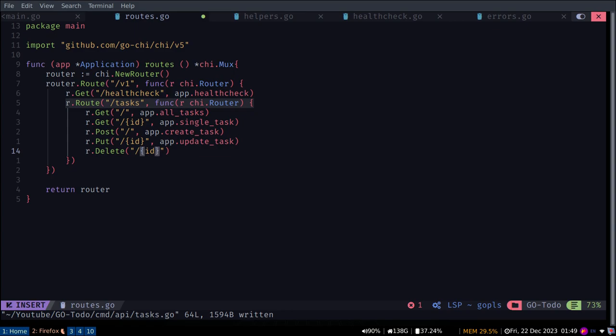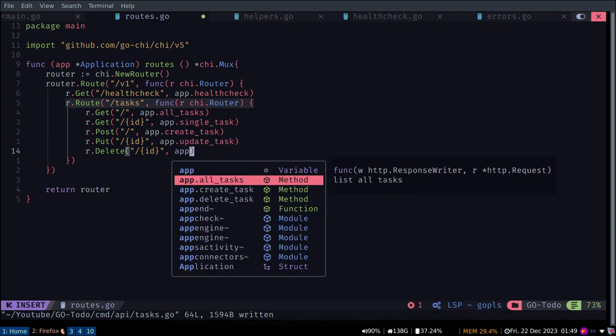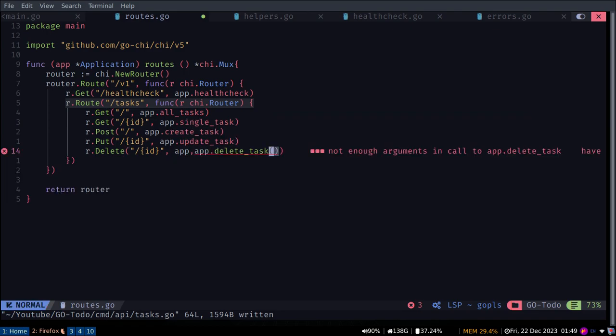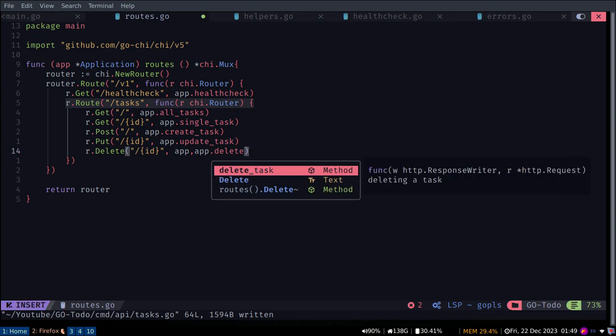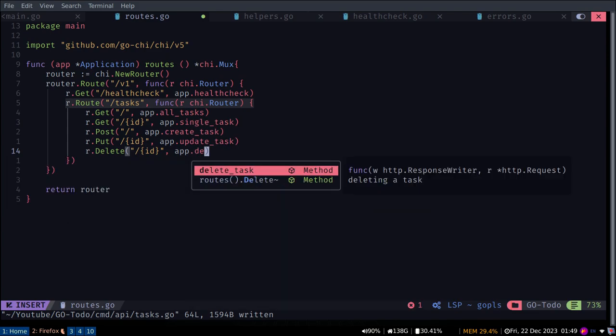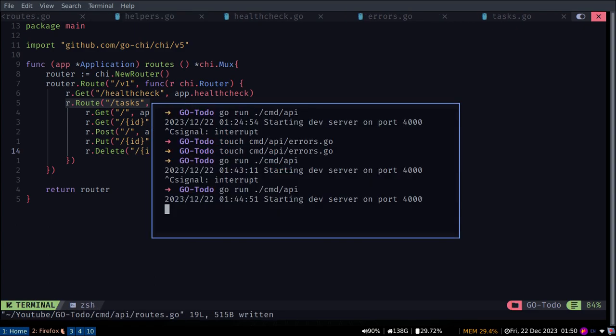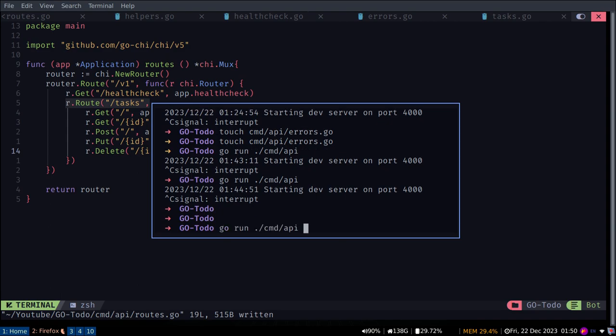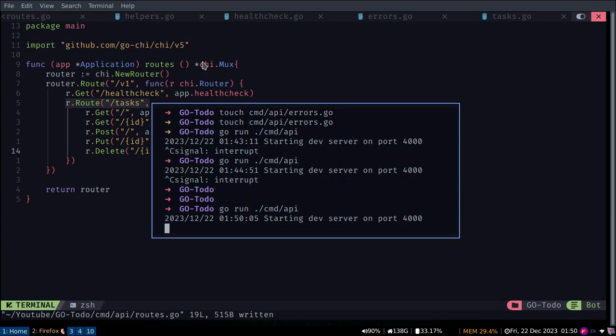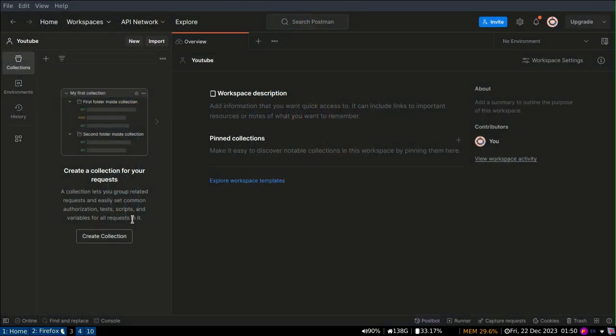Okay, so it's going to take an id, and then you're going to call app.delete. Something is wrong here. Okay, so let's see if it runs. So everything is running. So with the different methods, we're going to test the different methods with